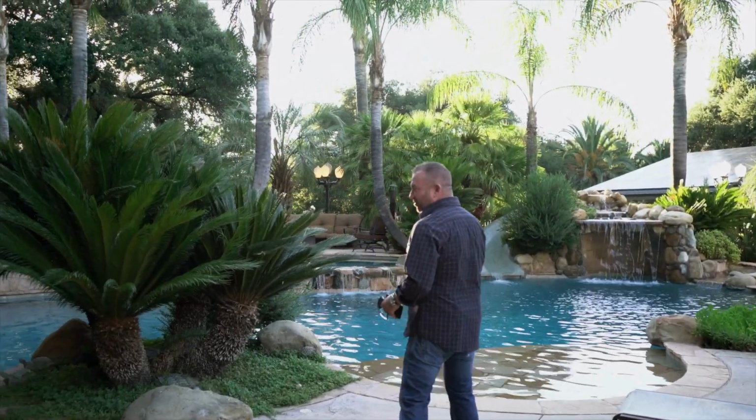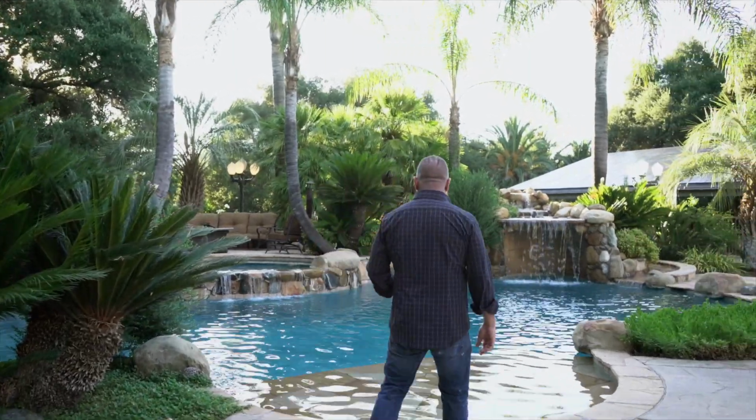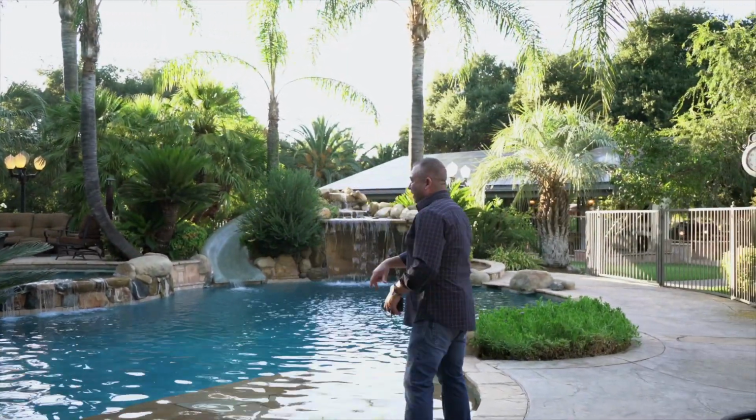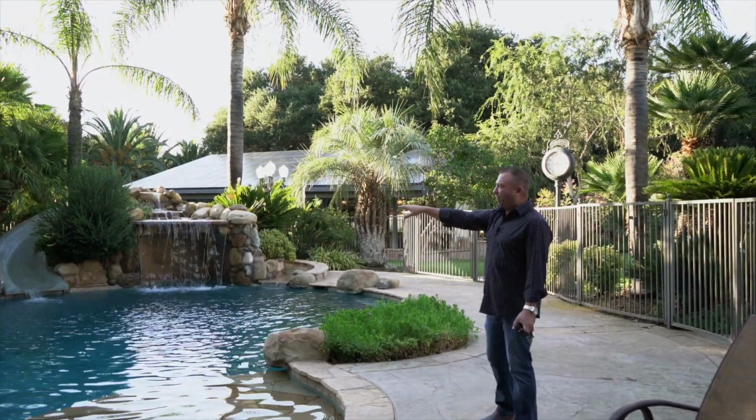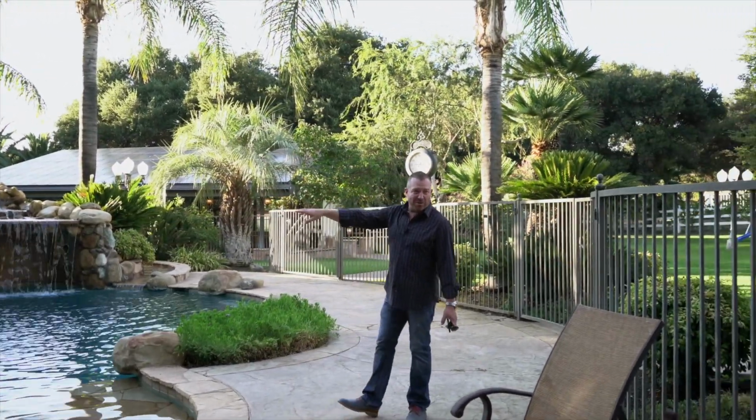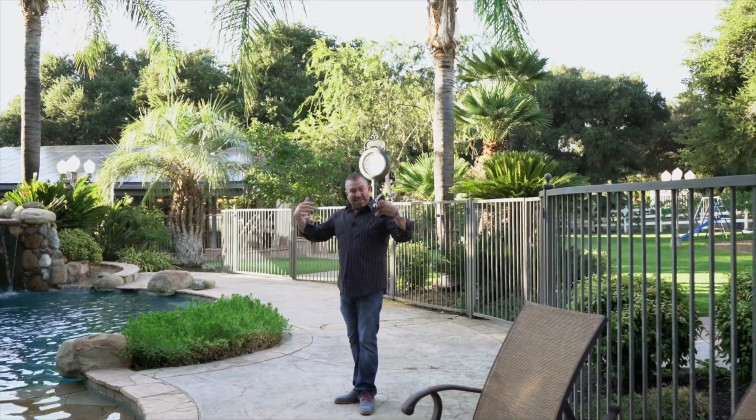You have the beach entrance here, boulders in the pool as well, a Cabo step on this side. The pool is massive. Humongous jacuzzi. I don't know, probably a 15, 16 person, if not more, jacuzzi. Plus, I think it has the stand-up thing,